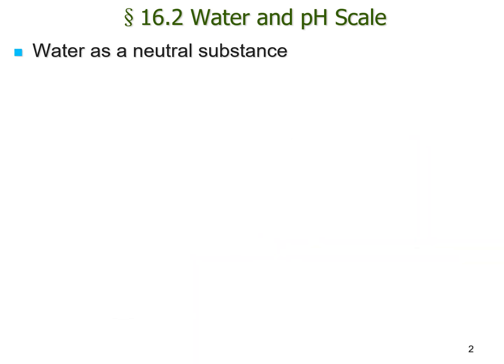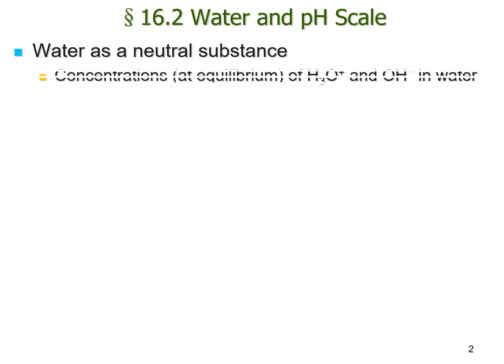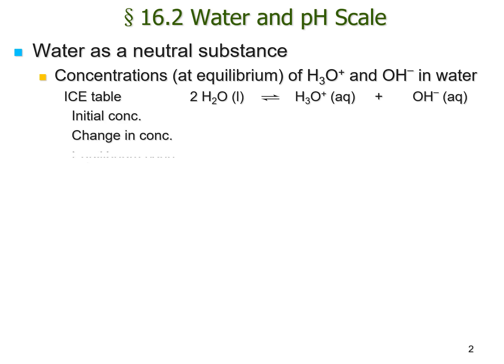All right, since we have introduced this new equilibrium, the auto-ionization of water, and since it's an equilibrium, we can set up an ICE table to figure out what the equilibrium concentrations will be for these two ions. As we set up the ICE table, we start with the initial concentration. Remember, the liquid is not included in the math. Before ionization, the concentration of the two ions must be 0. As for change, as the equilibrium goes, they both will increase by a certain amount. Remember, the stoichiometry between the two ions is 1 to 1, so that is why it's plus x and plus x for both.